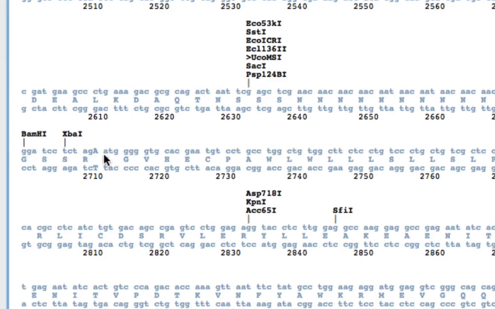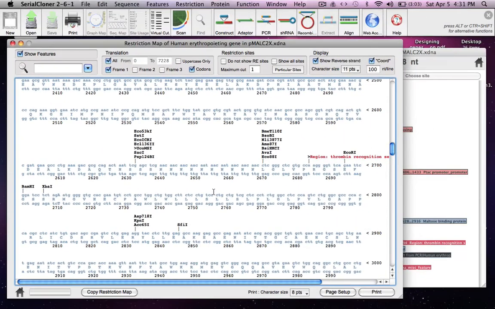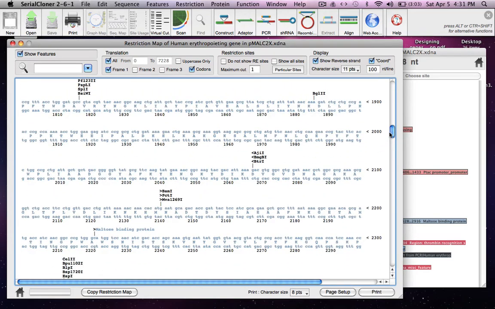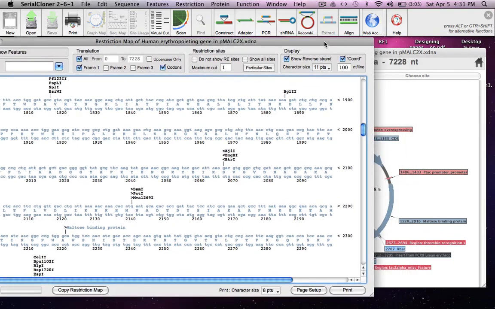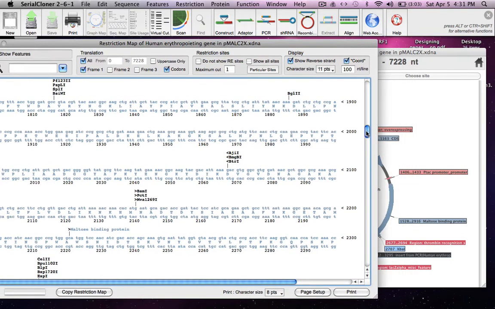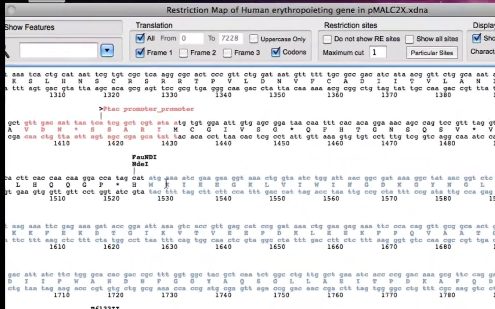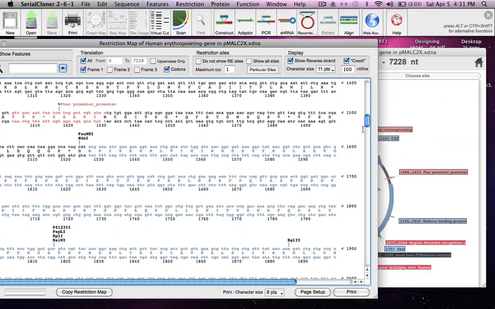maltose binding protein starts with methionine, or codon ATG, which is the start codon. And if we go downstream, that is our maltose binding protein.